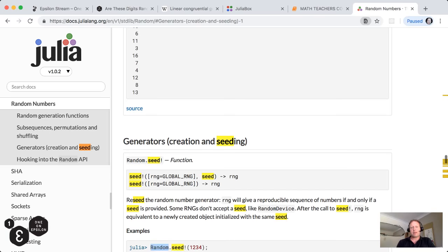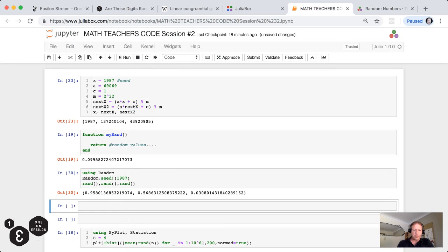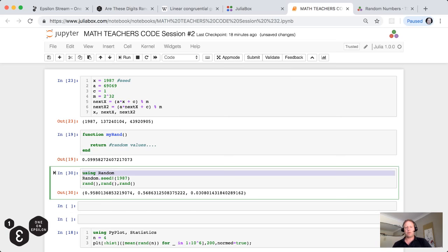I also remembered that something happened between Julia 0.6, which is what I usually use, and Julia 1.0, which is what I want to use in this Math Teachers Code series: if you want to do anything with randomness that's more than the very basic use of rand, then you need to use package Random, as we did here in line number 1. So that's Random.seed!. The exclamation mark is part of the function name,